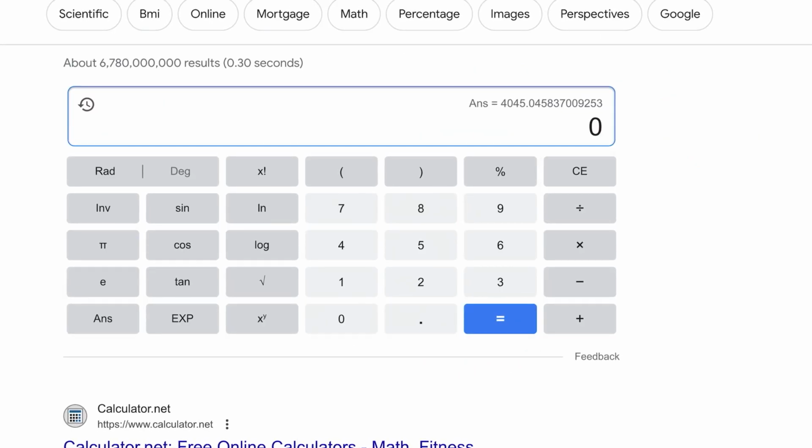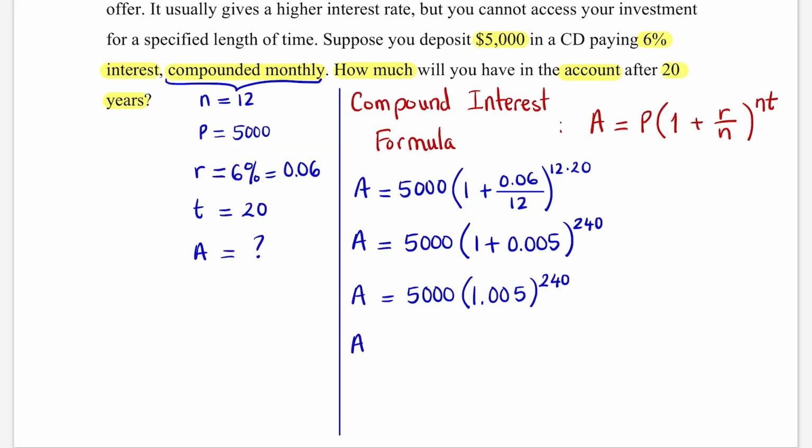So first, I'll take 1.005 raised to 240 first. Enter. And then I'll take this number times 5,000. And this is my answer. A equals 16551.022379. The question does not give me any rounding instruction, but again, we're working in the amount of dollars, so